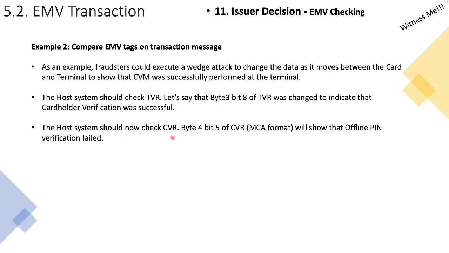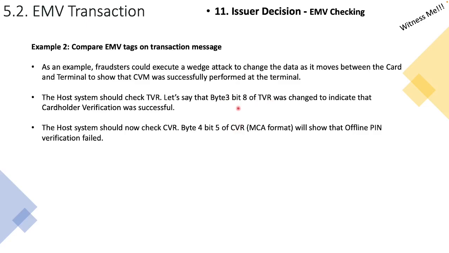It should actually now check CVR. Now remember, CVR is a record of what has happened in a transaction from the card's perspective. So if it looks at byte 4, bit 5 of CVR, and in this example, I'm using the MasterCard M/Chip Advanced format, byte 4, bit 5 will show that the offline PIN verification has failed. Right? So initially, TVR and CVR both said offline PIN verification failed. The fraudster changed the TVR to say it's successful, but